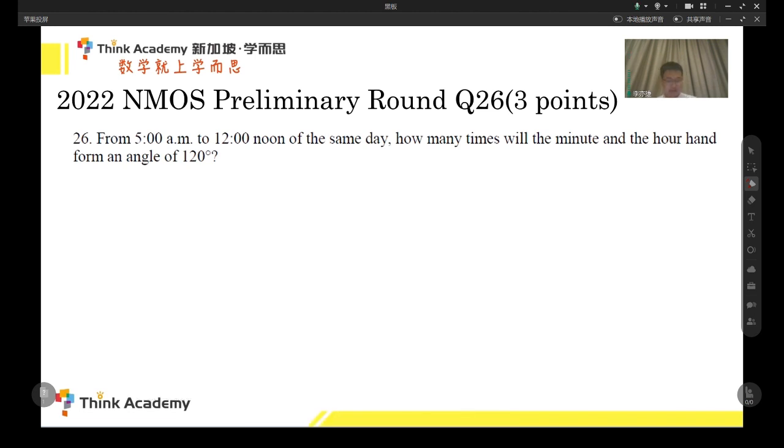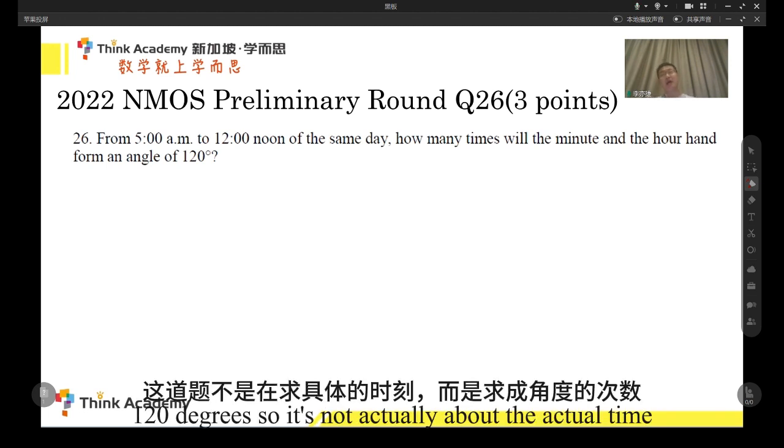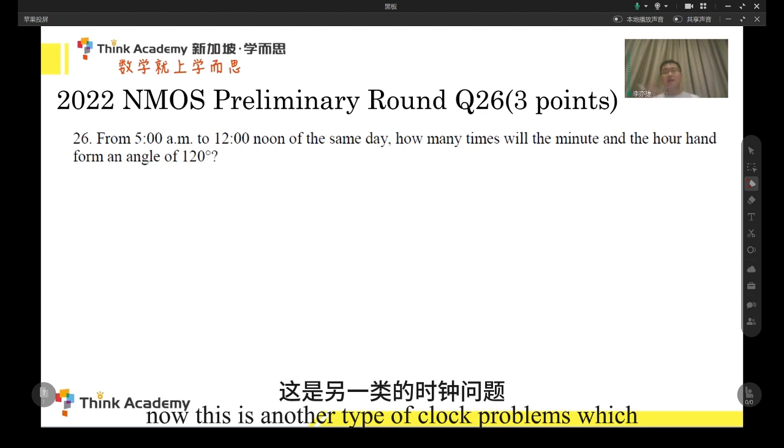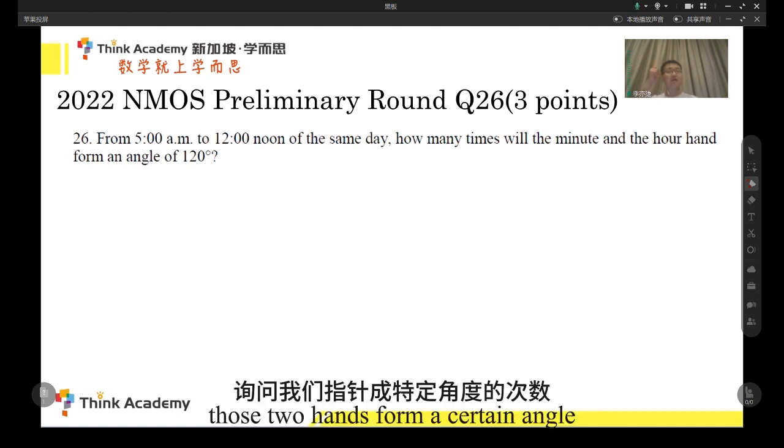to 12 in 7 hours, how many times will the minute and hour hand form an angle of 120 degrees? So it's not actually about the actual time, actual moment. It's about how many times this case happens that they form the angle of 120 degrees. Now this is another type of clock problem which needs us to calculate the time those two hands form a